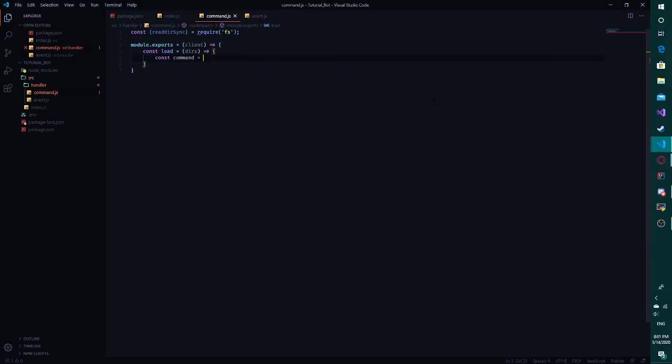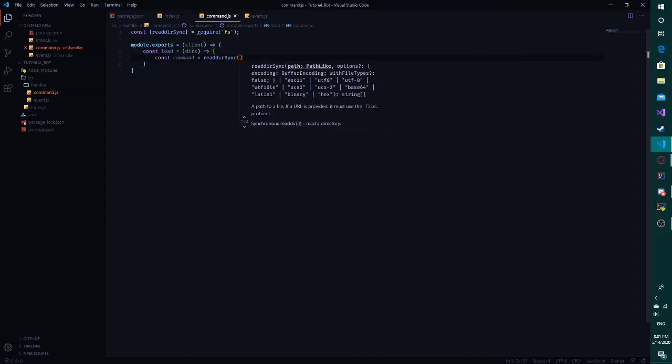File system functions usually, if they don't have sync, are asynchronous and you have to have a callback, which is just a function inside it telling it what to do afterwards. But anyways, readdirSync, and we're going to do